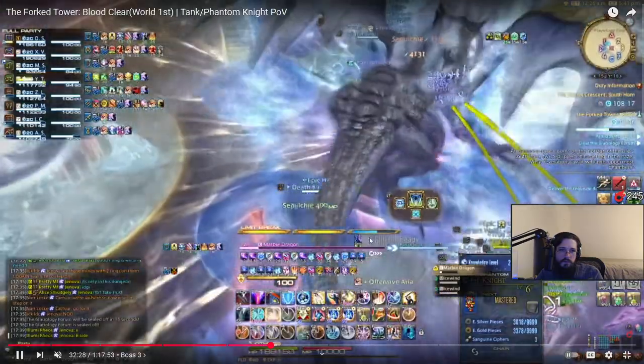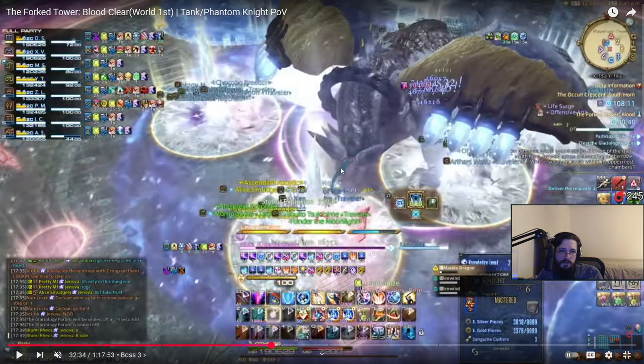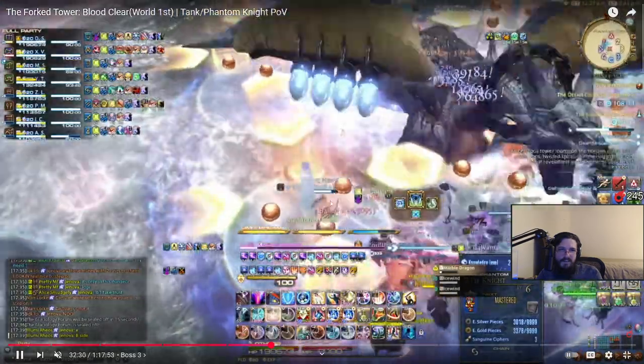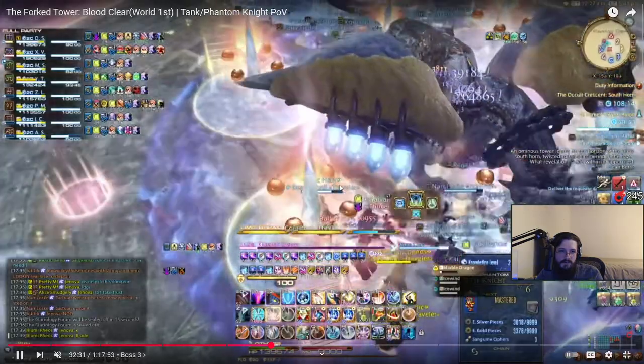So we stand out to the side. I'm bad, but I went in early, but all good. It's just one doom stack. Tank privilege. So yeah, basically you just want to dodge out, wait for the plus to go off, then go in, take your tower,